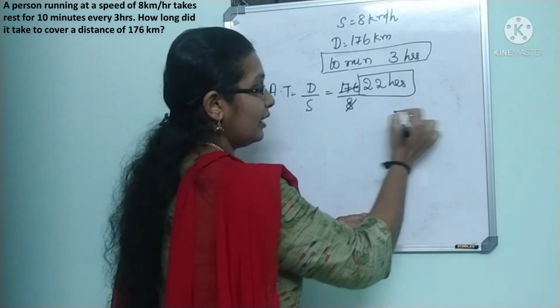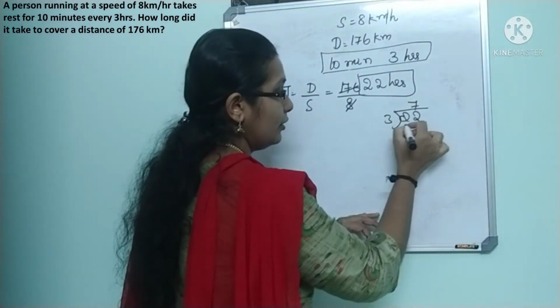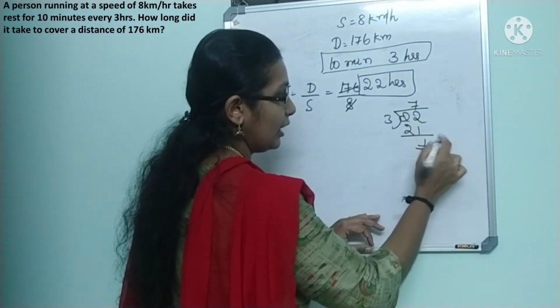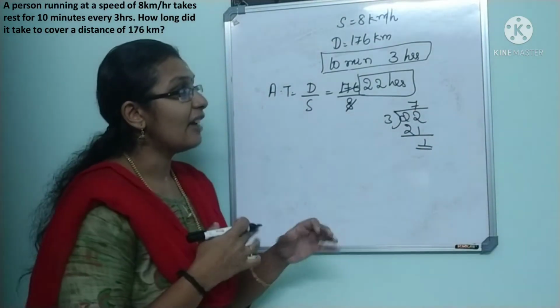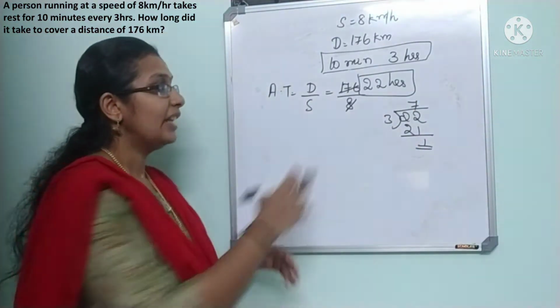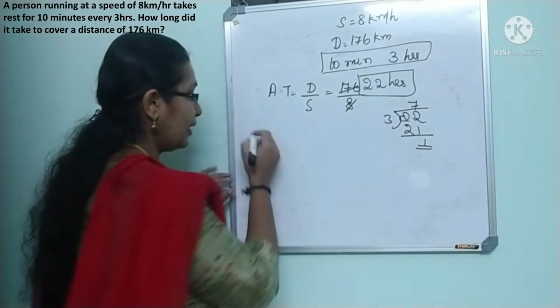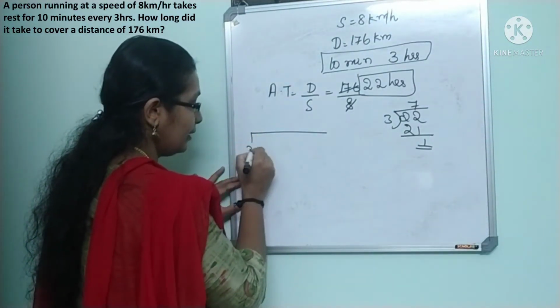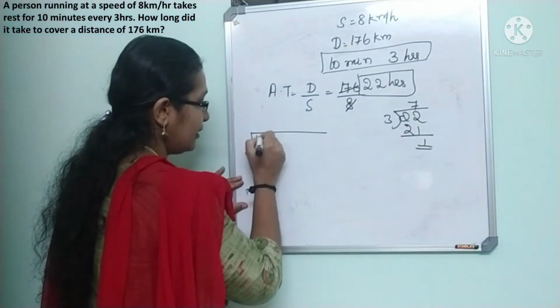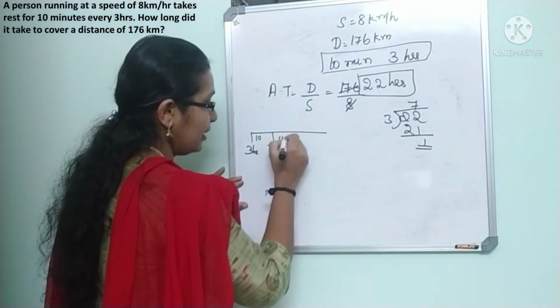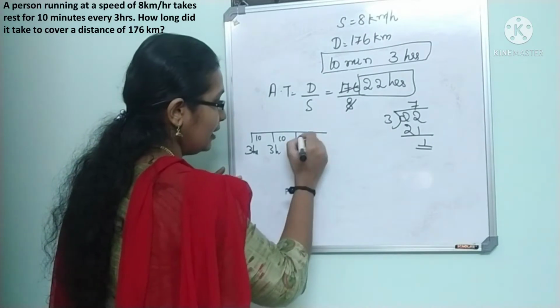Okay. So divided by 3. 3 sevens are 21. Remaining 1 hour. So there are 7 3-hour blocks. Clear? In this 22 hours there are 7 repetitions of 3 hours. Okay. Which means see, 3 hours, then 10 minutes rest, 3 hours, 10 minutes rest, 3 hours, 10 minutes rest,